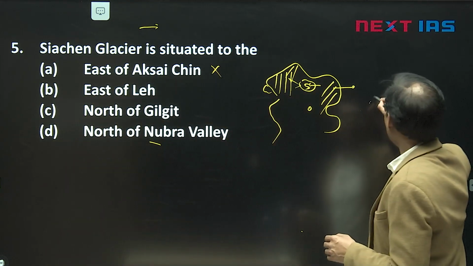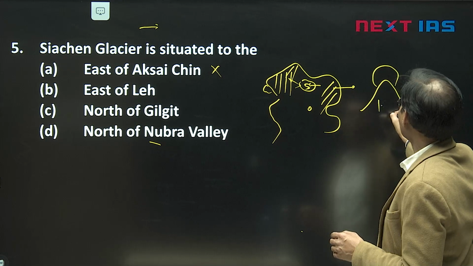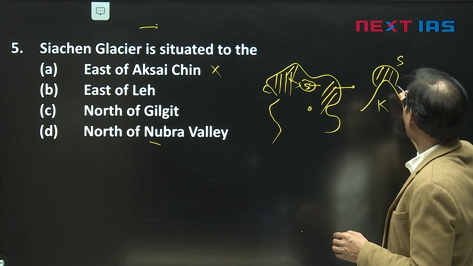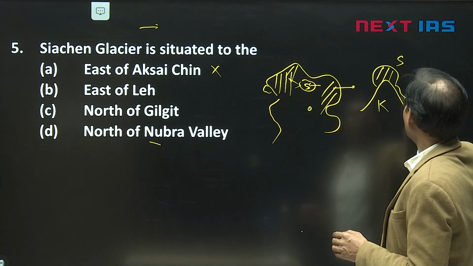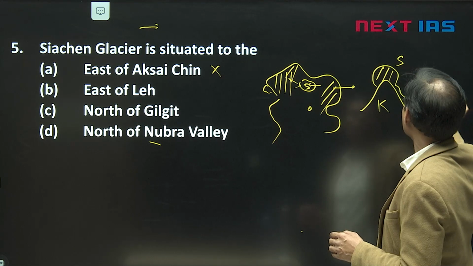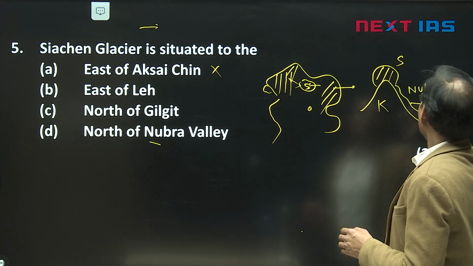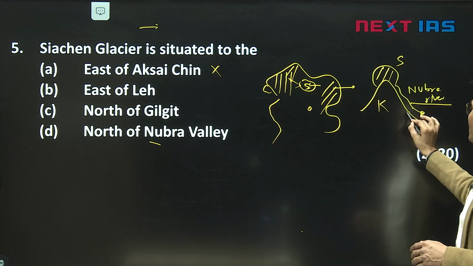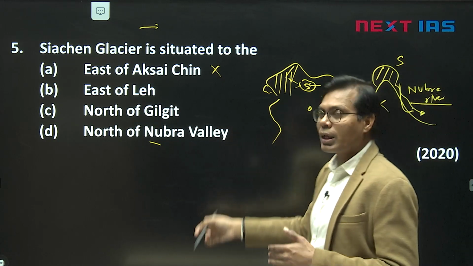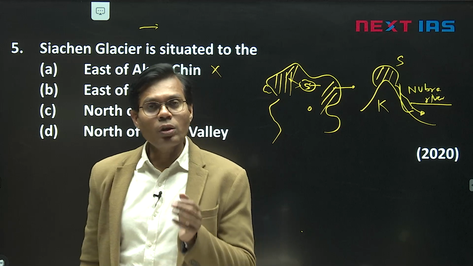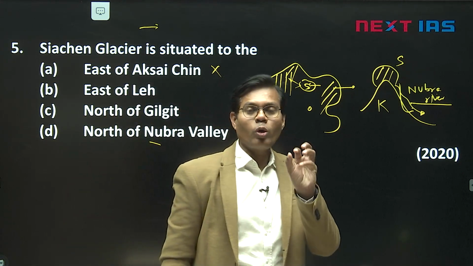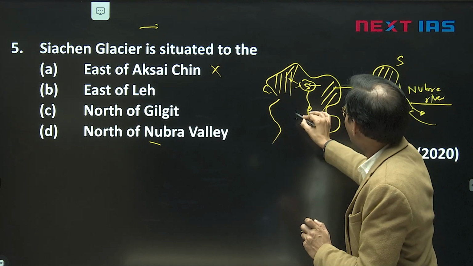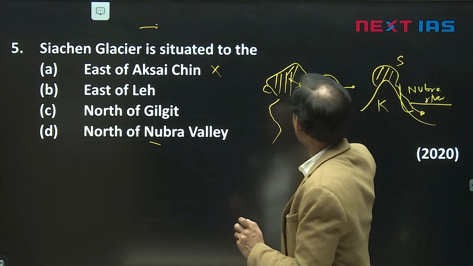Suppose it is the Karakoram mountain where Siachen is, and you are aware of that famous mountain Karakoram, full of glaciers like Siachen. Then melting of glaciers will lead to rivers also. One famous river coming out here is the Nubra river. And Nubra river is of course southward of Siachen, so if we say Siachen is north of Nubra, that is correct. We have to read the point carefully, and if we draw the map, Nubra is here. What is the question here? North of Nubra? Yes, north of Nubra here.